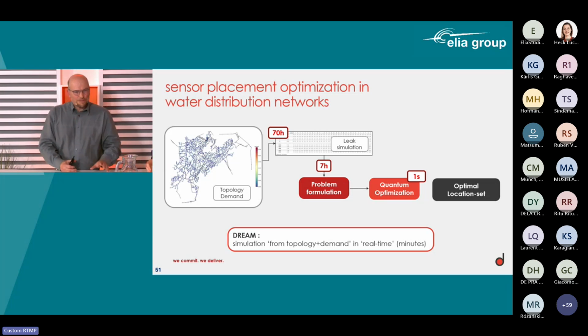We were thinking at the end of, or we were dreaming about the scenario that we could translate the topology and the demand approximately towards the problem formulation directly. The problem is there that water distribution networks are non-linear. It's not like energy. Mechanical problem, so it's not that easy to be doing that part. So we didn't tackle that problem, but it already was a real head start or the solution to a certain problem that we could have.